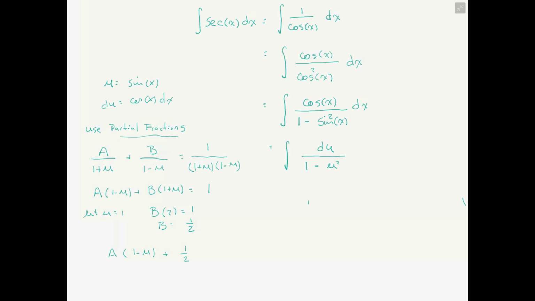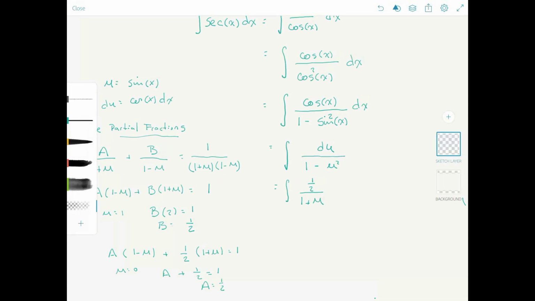And in this case, you see now I substituted 1/2 for where b was. And in this case, I said u equals 0. And that way I could isolate a. And it turns out that a also equals 1/2. So now I can break down the integral into two parts. I can break it down into 1/2 over 1 plus u du,